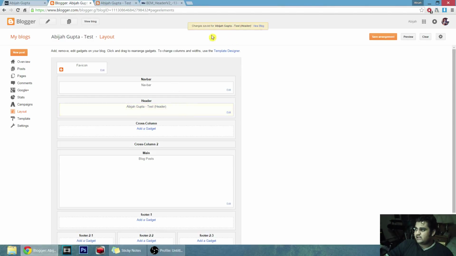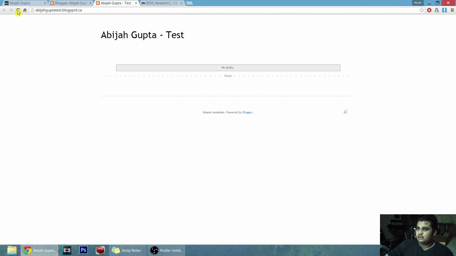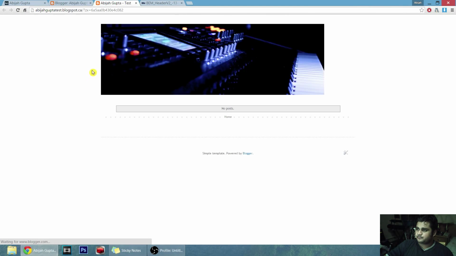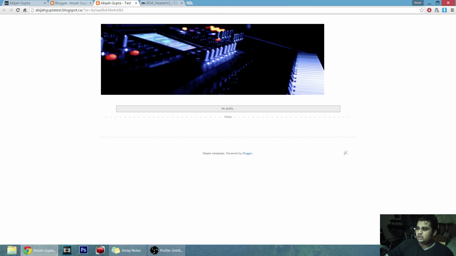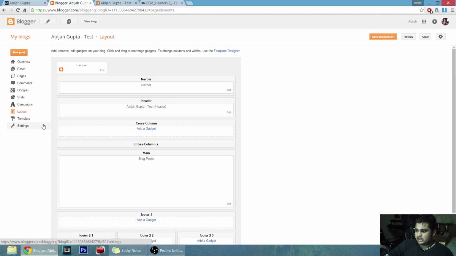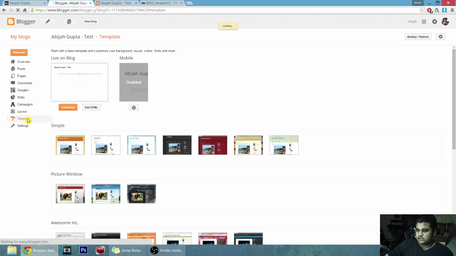So once I've hit save, it says change is saved. I do save arrangement just because I want to be sure, and then I hit refresh. All right, so we've got a header image now. So that Abhijit Gupta test is gone, and now we've got a header image right here. Now we know that this is 940, so what we are going to do in this case is we're going to go into template, we're going to go into customize,